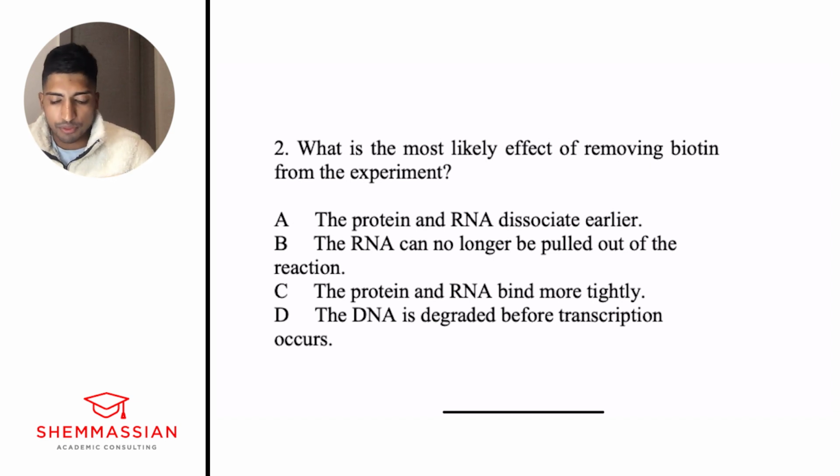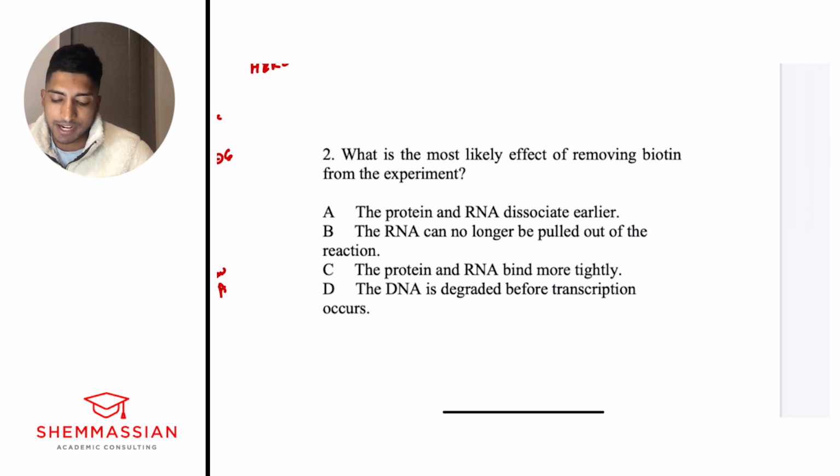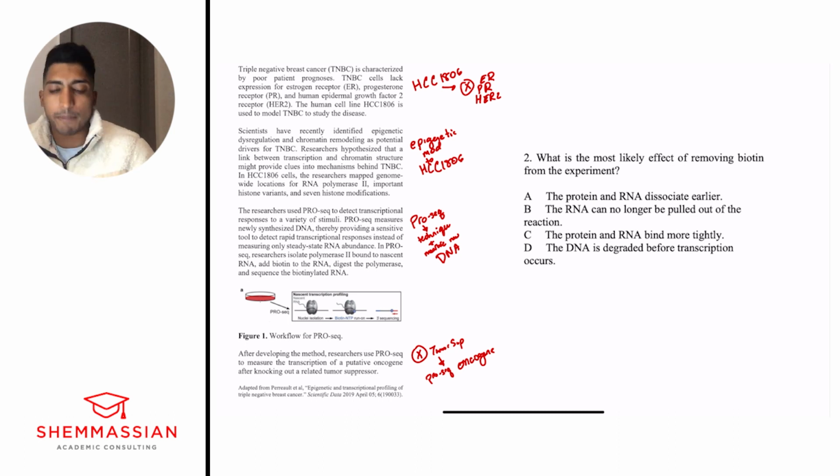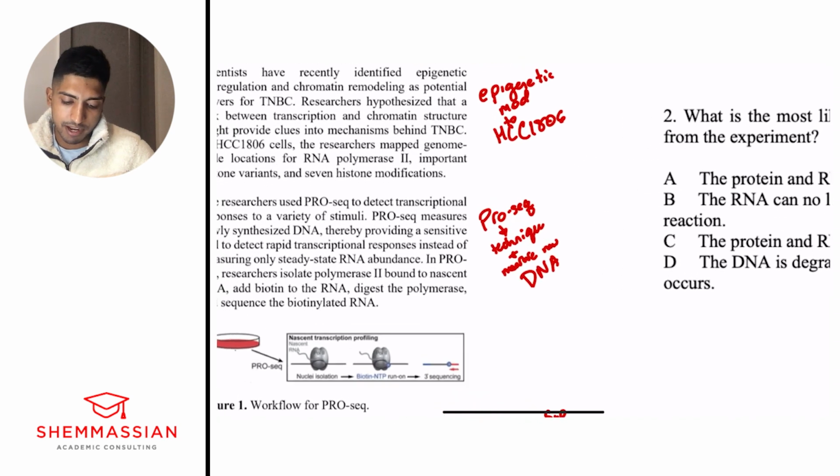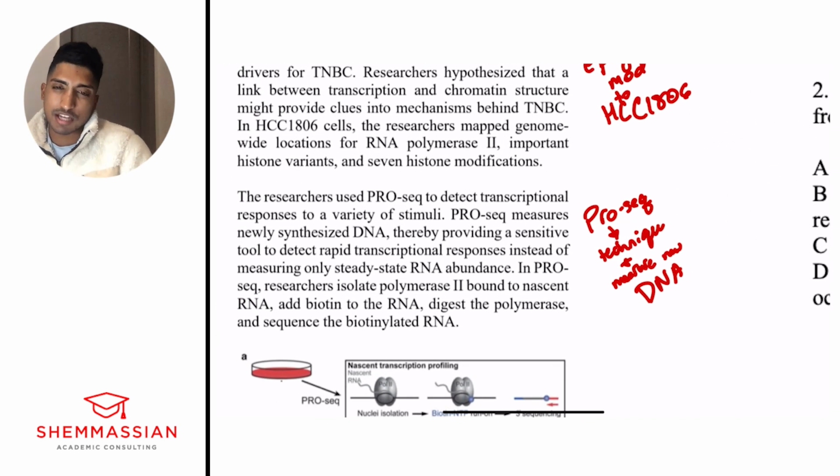All right, so when did we see anything talking about biotin? This requires us to go back to the passage, right? And so if we look through our passage, we're going to look at biotin and sort of this area right over here, right? It's talking about the step-by-step process of pro-seq. And we see biotin is mentioned right here. But let's just read that sentence all over again. In pro-seq, researchers isolate polymerase II bound to nascent RNA, add biotin to the RNA, digest the polymerase, and sequence the biotinylated RNA